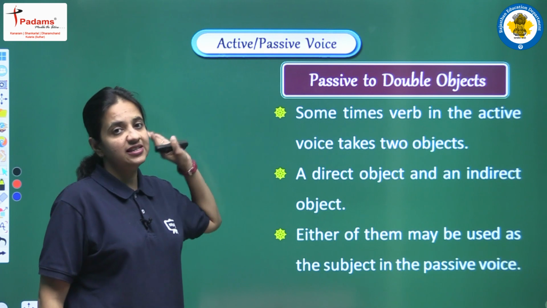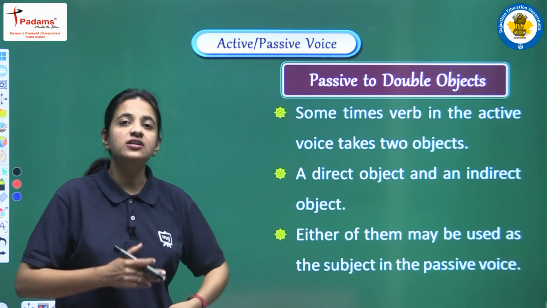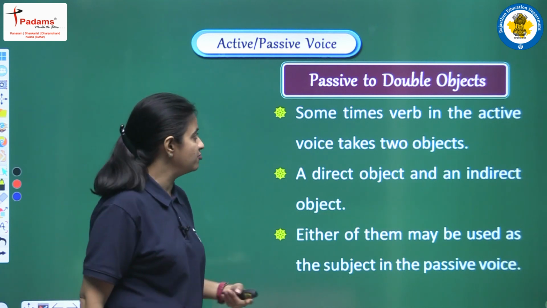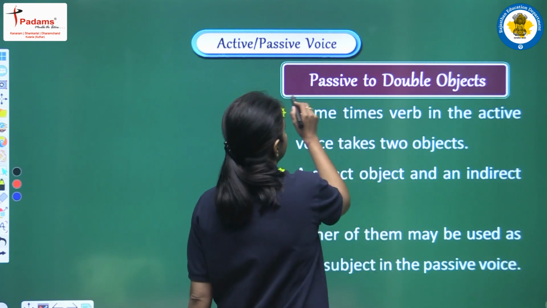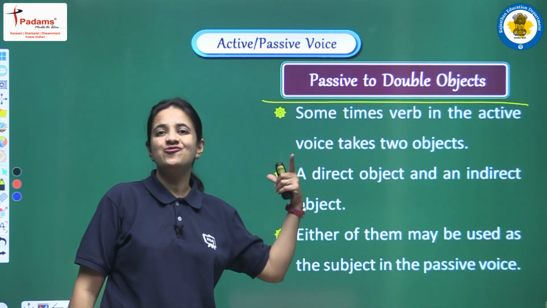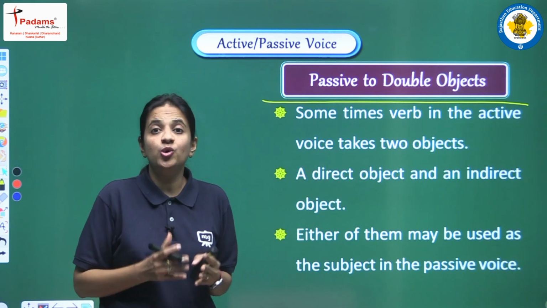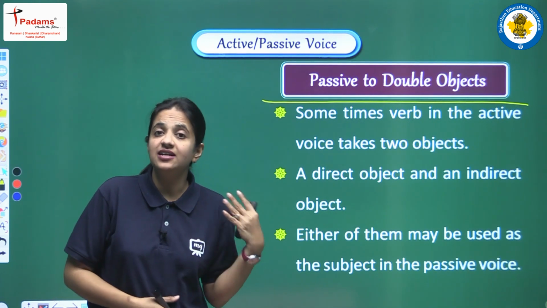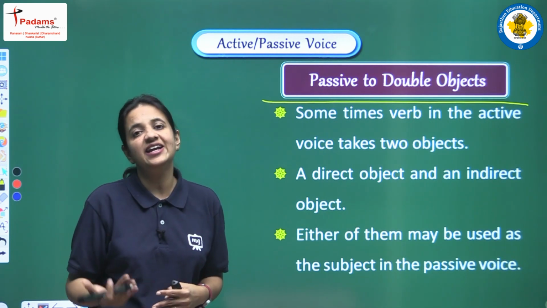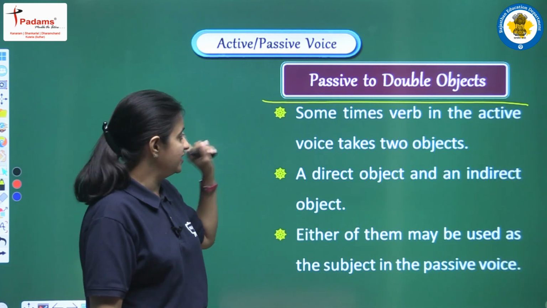So students, now let's see some other things that can be there in the sentence of active voice. And yes, we have to follow certain rules when we are converting those sentences into passive voice. So let's see what we are having here. Now the point is passive to double object. So first of all we have to understand what double object actually means, what kind of sentence is one where double objects are there, and if we have recognized that this sentence is having double object, then how will we change and convert those sentences, all these are the things that we will discuss, that we will learn here. So let's read.